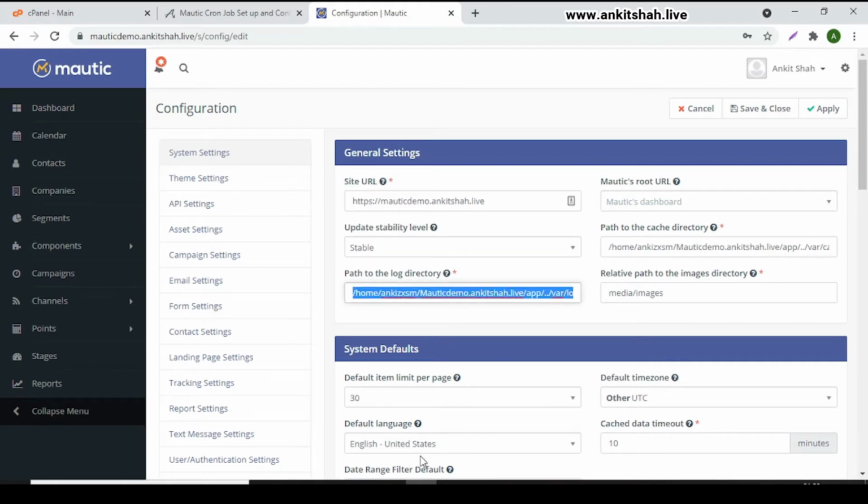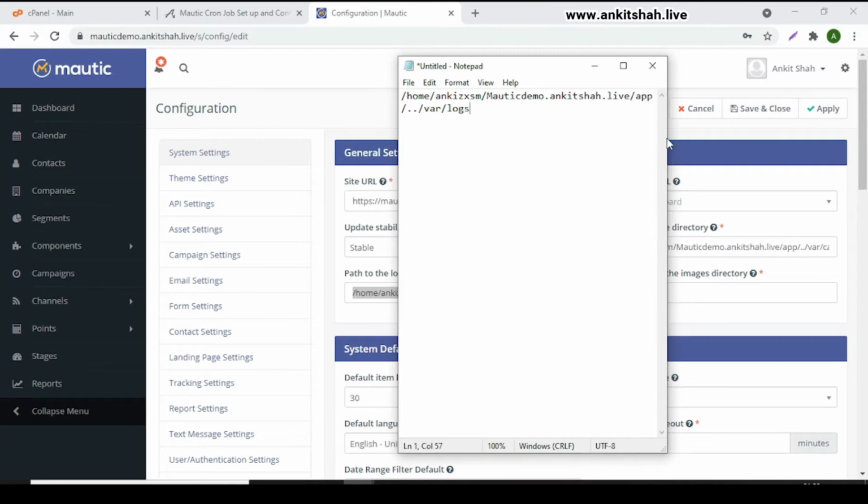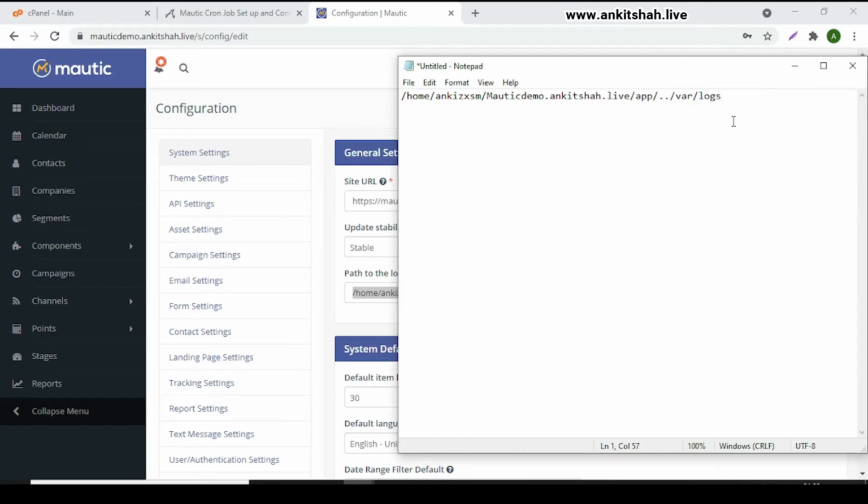Copy this path and paste it somewhere on your notepad. Now that you have already copied your Mautic path, remove these options and write down bin/console.